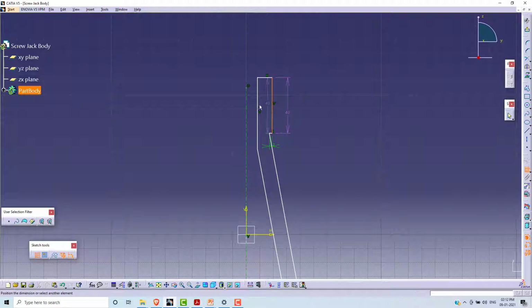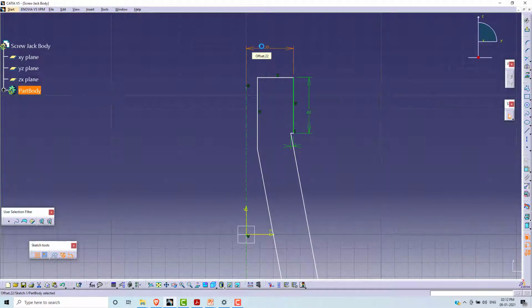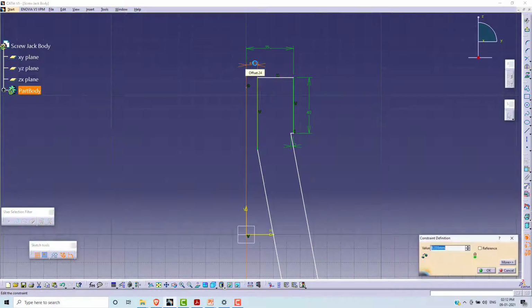This is 35 and this is 25. Escape to cancel. Select this line, and this is 25.